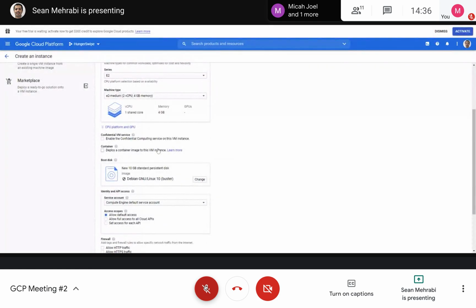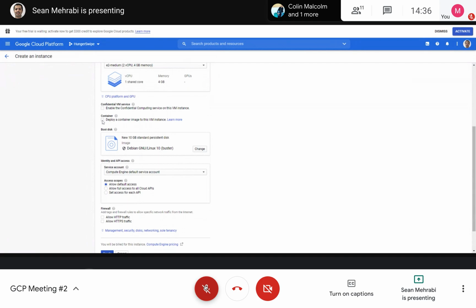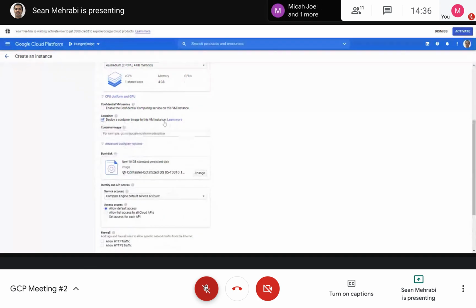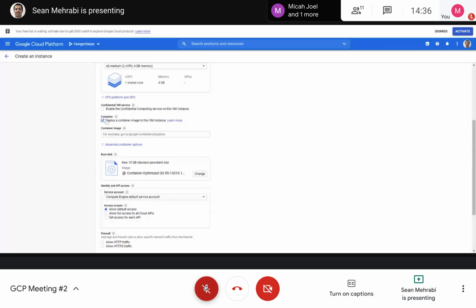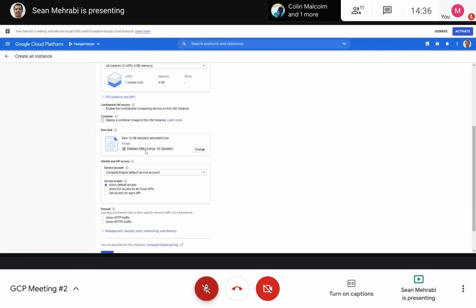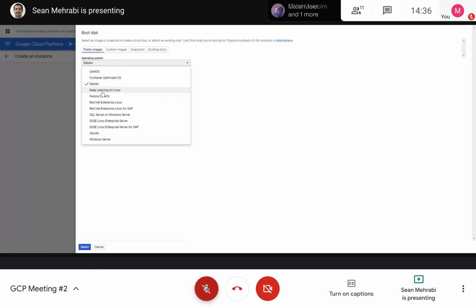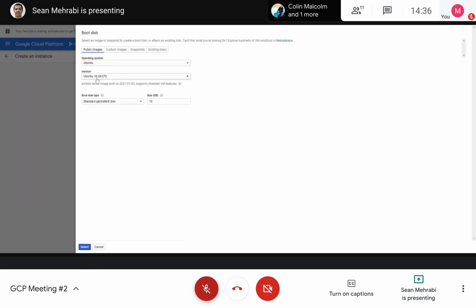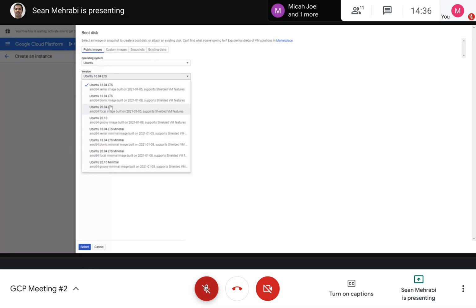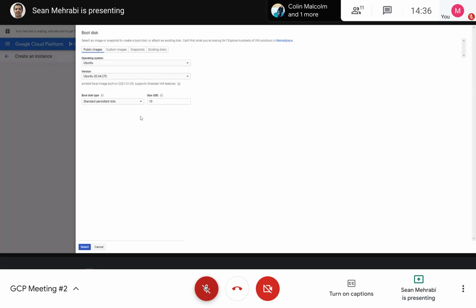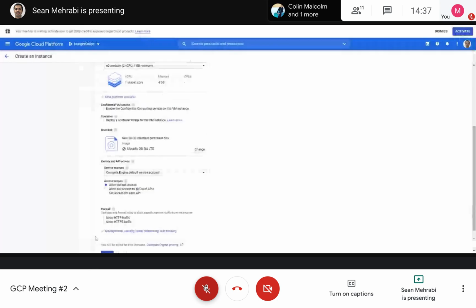You see here, I can simply say deploy container images using these image containers, but for now I'm not setting it up, okay? Instead of the Debian version, I am going to go to Ubuntu, Ubuntu 20.04 LTS. For the disk size, I am going to put 20 gig of disk space, and then select